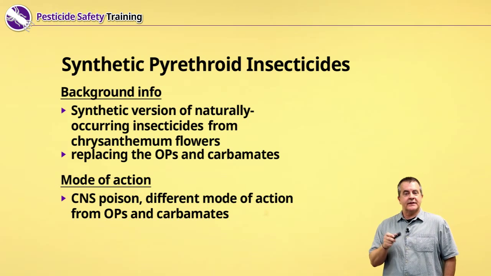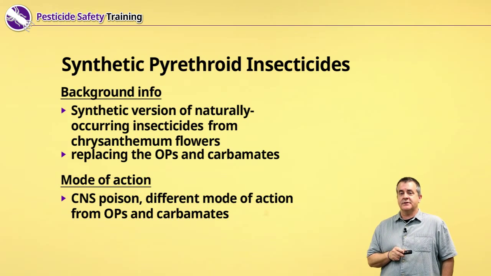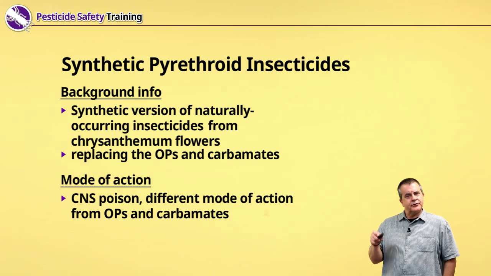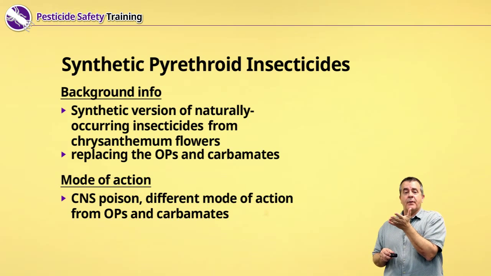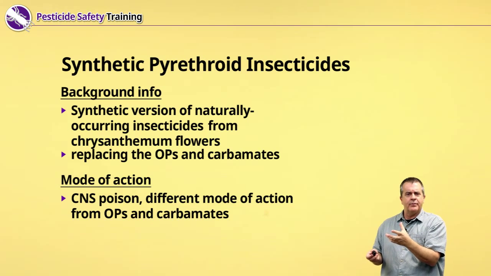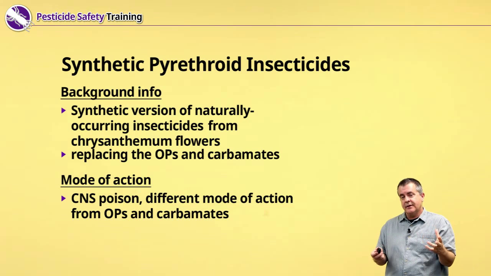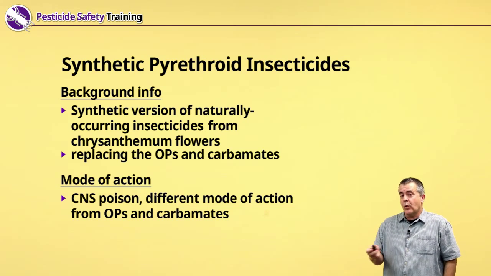In fact, in the decades since the 1970s and 80s, these synthetic pyrethroids have almost completely replaced the OPs and carbamates, certainly in a home use situation or residential pest control, and in agriculture to a degree as well. Matter of fact, if you looked at a graph of the decline in use of OPs and carbamates over the last few decades, in numbers of acres treated, you would see that steep decline. You would also see an increase in the use of synthetic pyrethroids at the same time. So in a way, it's not inaccurate to say that these synthetic pyrethroids have largely, or are on their way to, replacing the more dangerous OPs and carbamates.